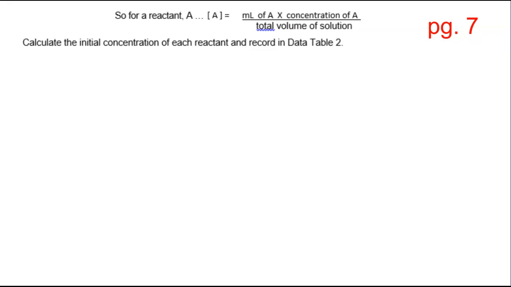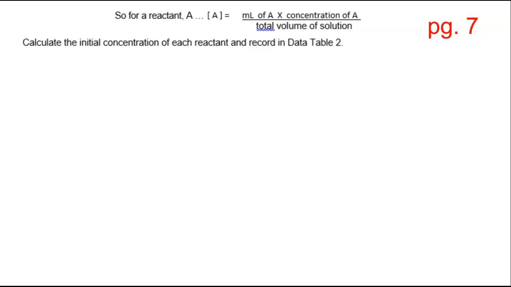Okay, so back to business of completing this lab calculations. You should have your white kinetics of a reaction sheets out where you've been recording data and doing calculations, and then your colored sheet that has all the directions. We are on page 7 of the white sheet, and we're going to calculate the initial concentrations for the different